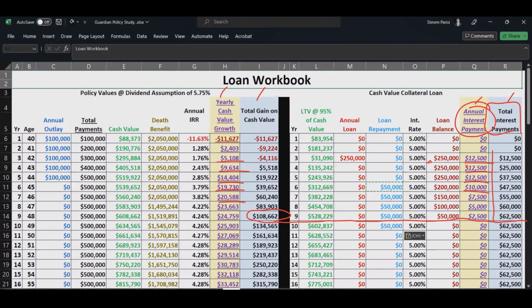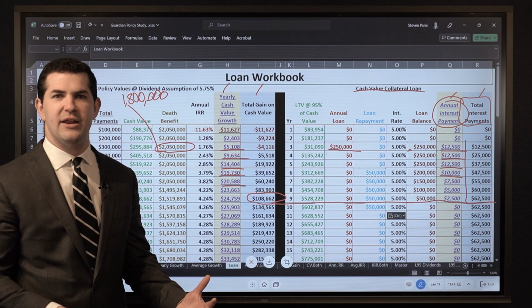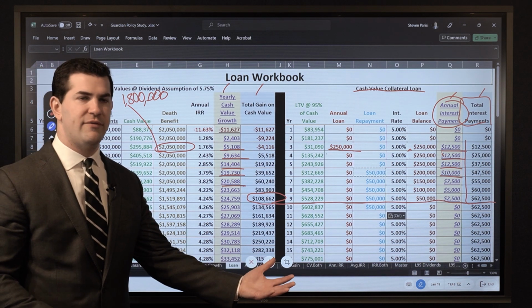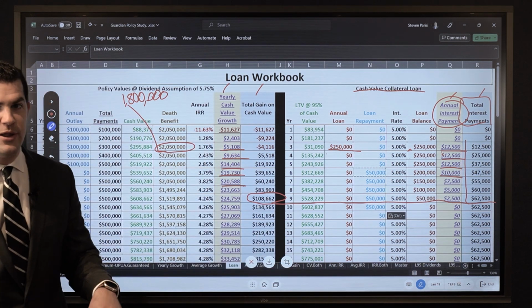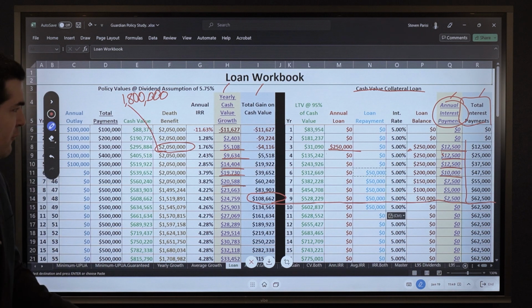The one thing this workbook does not do, which happens, is if I take a $250,000 loan, my death benefit will be collateralized. It will drop by $250,000. So it'd be 1.8 in this particular case. And again, this workbook is really meant to duplicate a collateral loan, but even with a collateral loan, if I die with a loan outstanding, the death benefit is going to pay off the lender in this case. If it's the insurance company, you'll see the net death benefit would be $1.8 million. Some of our videos that go through how loans work provide a full breakdown on that.